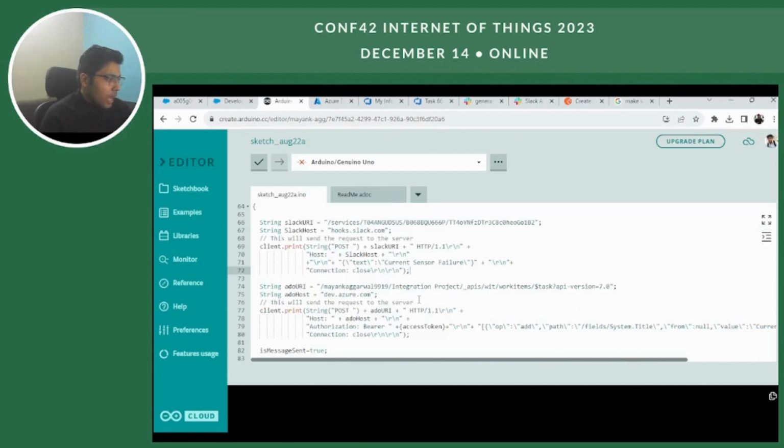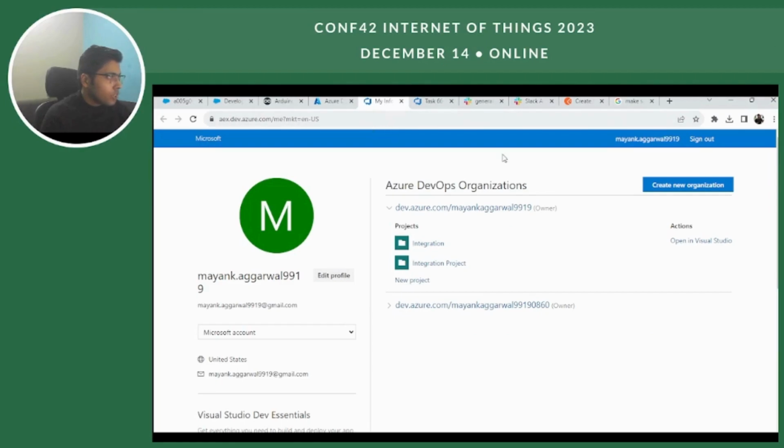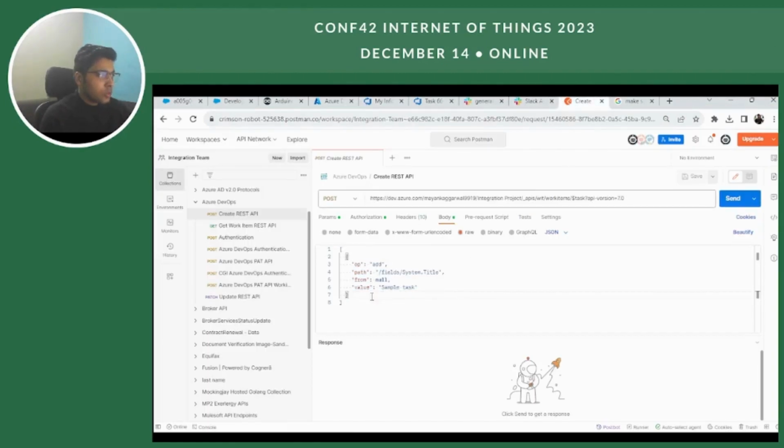So now this was the Slack part. Now let's discuss the ADO part. Let's move on to ADO. In ADO, Microsoft has provided the APIs for ADO work items, and I am utilizing those APIs in order to create work items in case of any failures, just like this happened. These are the Azure APIs, and I am calling this API with this request payload and a couple of authorization headers to create a work item in my ADO instance.